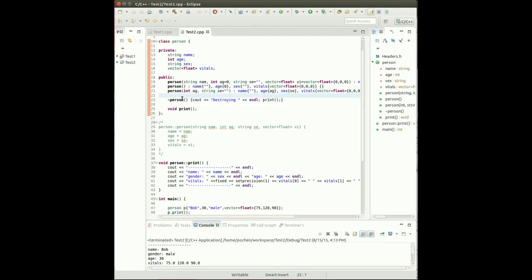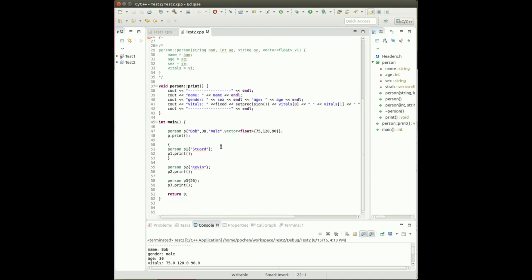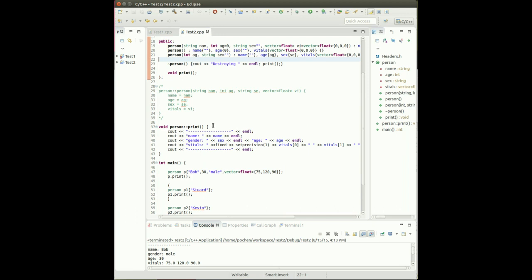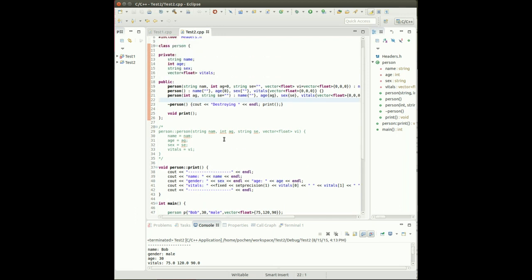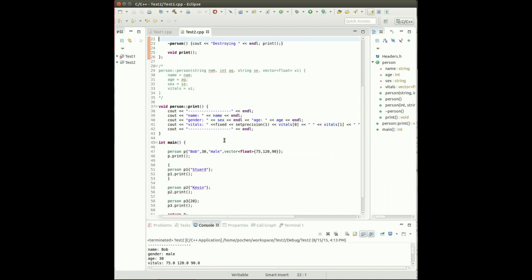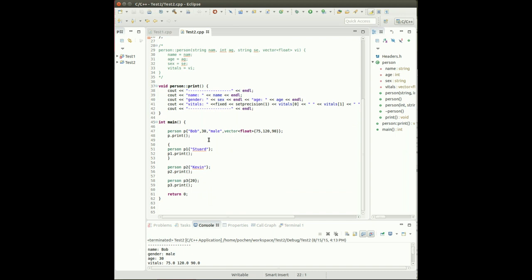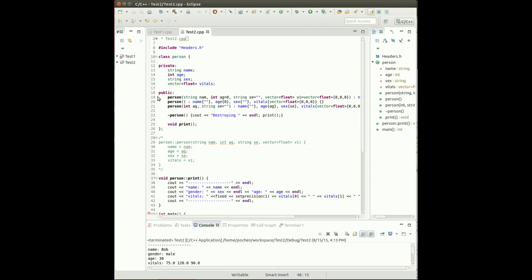So in addition to the constructors and also the destructors, there's one more function that's quite important. That's called the copy constructor. The copy constructor exists because sometimes you would like to create a new object from an existing object, and this process is essentially like a copying. So you need a copy constructor. Here I did not actually define a copy constructor by myself,